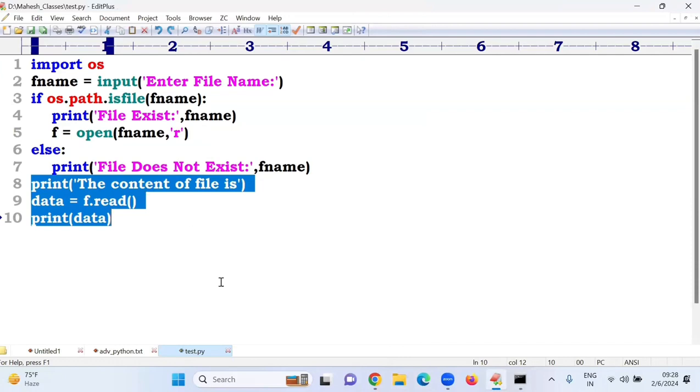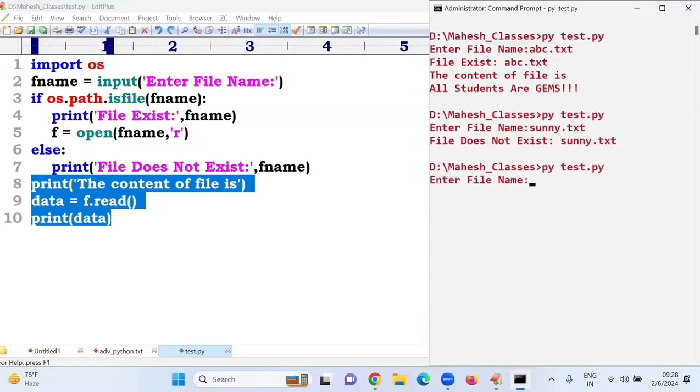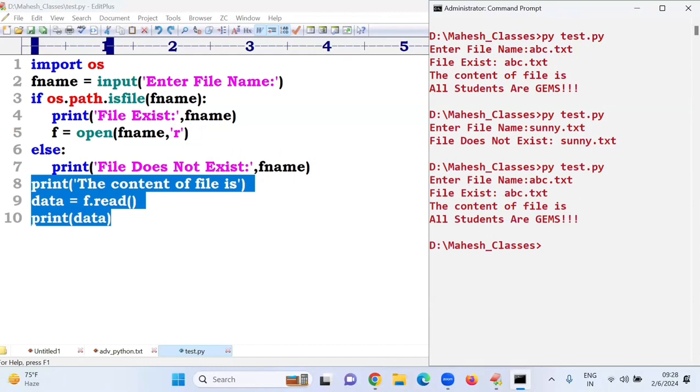But in this case, again, I'm using ABC available. Now, what will happen, sir? It will execute, so file does not exist. Okay, fine. After that, what is the error? Yeah, file does not exist. Okay, fine. It will be printed. After that,